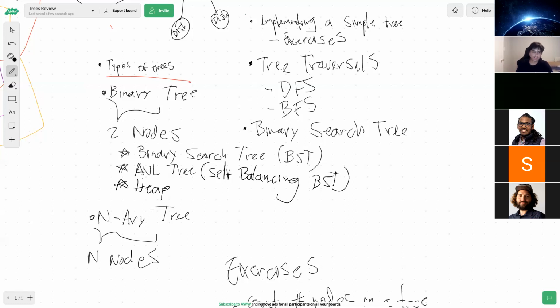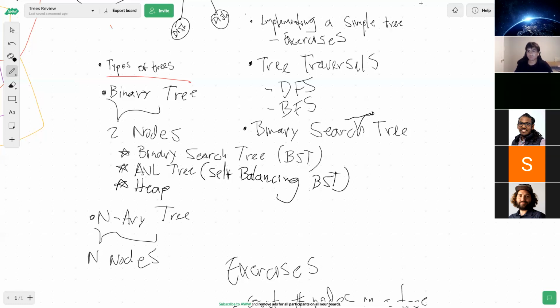I think a general purpose tree falls under an n-ary tree. The DOM, we said, is a tree. The DOM is an n-ary tree because when you have a div, you can potentially have an infinite number of elements inside of that div, making the div the parent of many other nodes, and so on.